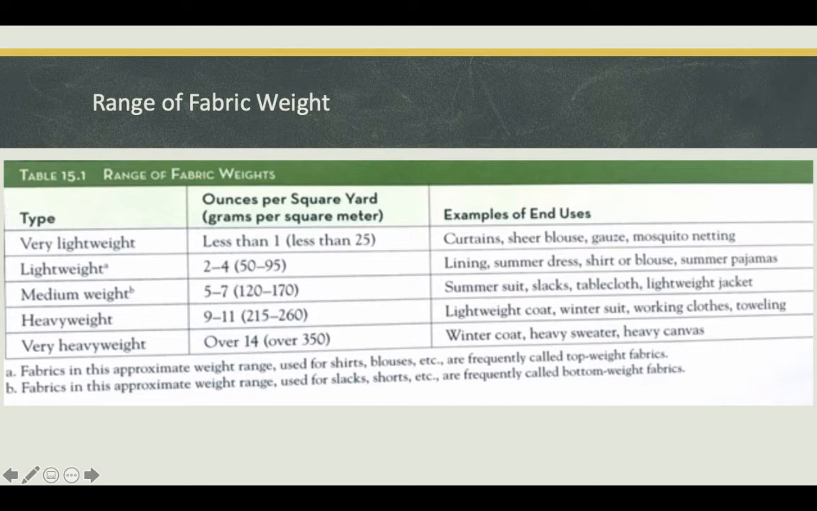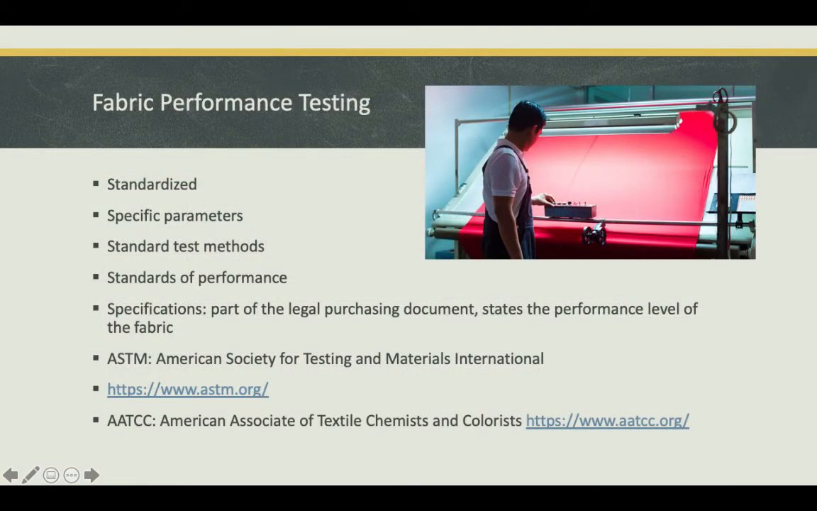And anything less than 1 ounce per square yard, that's considered very lightweight material. A heavyweight would be anything over 14 ounces per square yard. And these are examples of end uses that are good for the range of fabric weight. So please review that. Now, performance testing is